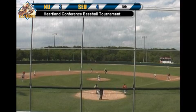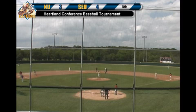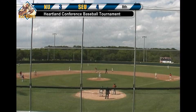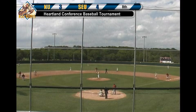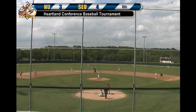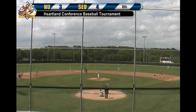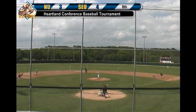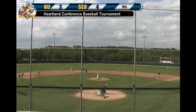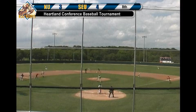And really just some great offensive execution from the base running end all the way to the hit. As David Longmore now steps in and tries to put the Jets ahead here. Johnson looking to nail the game down. And you'd say a sacrifice fly would even be good in this situation, but I don't know that that's easy to get against Johnson. Well, the thing is, as the ball pops off the bat there,